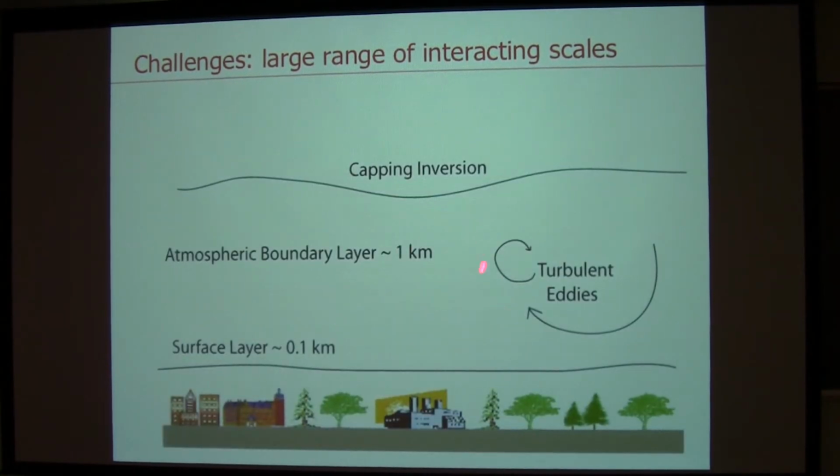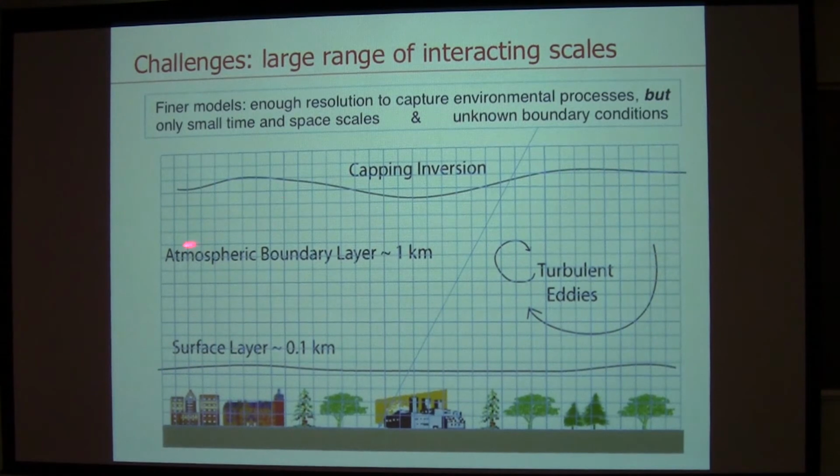Now, if you are interested in the area close to the surface, you can zoom in. So you're zooming in on what we call the atmospheric boundary layer. I'm sure you all know it. It's the first kilometer of the atmosphere, separated by a capping inversion from the rest of the troposphere, and highly turbulent. Very close to the surface, we have what we call the surface layer, about 100 meters, and here the impact of the surface is very large. So if you are interested in this region where we live, you can zoom in on this